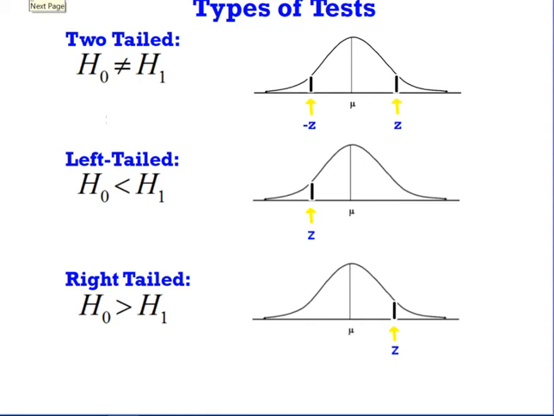We have two types of tests where we believe the null hypothesis is different from the alternative hypothesis. That means if it's too low or too big. Okay, so that's a two-tail. And that's kind of the way I think of it: you have the low, that's the outlier area, you got the upper, that's the outlier area, so you got two possible tails